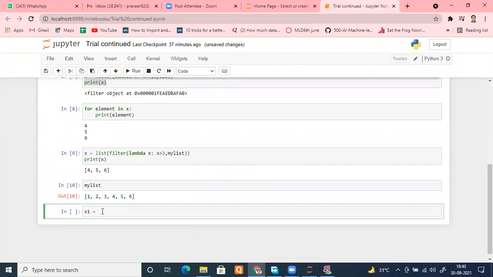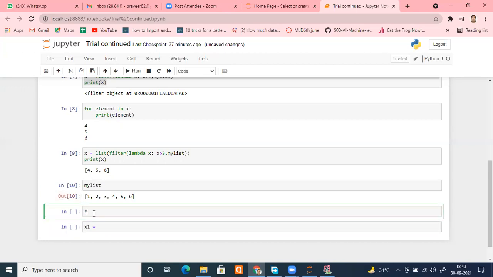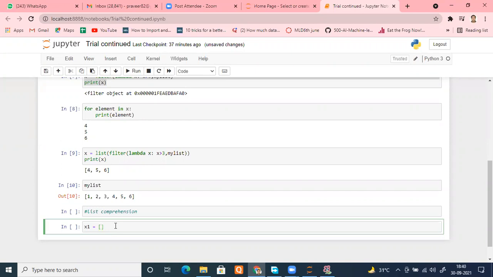And you know how to create it? First of all, what do we have to put? Tell me first, if we are creating a list comprehension. Square brackets, yes, right. Let me type here so you can understand that way. In list comprehension, we have to put square brackets. Once I put square brackets, what do I have to put next?